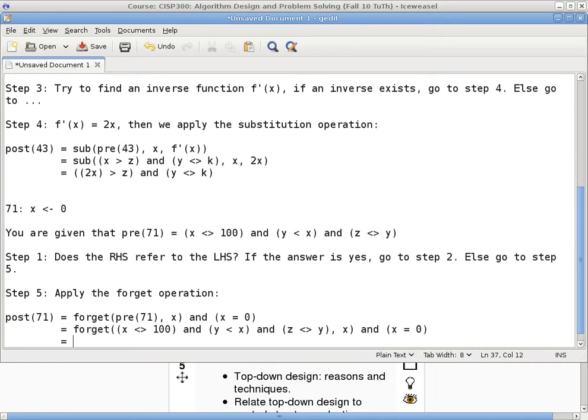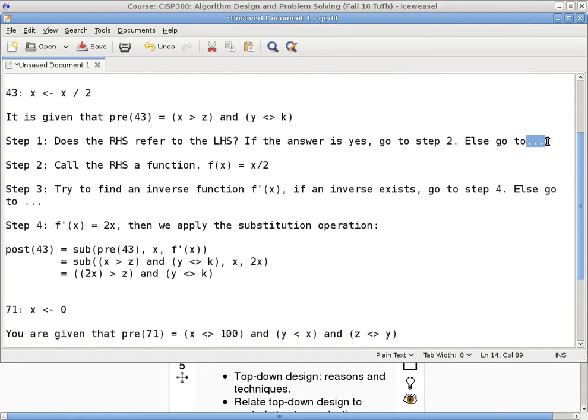And what do you think the precondition will become after the forget operation? This part mentions x, so it cannot be guaranteed anymore. Okay? Well, actually it can, but in this case it's a specific case, and I will show you why, it is also okay not to have forgotten that part too. The second part, y is less than x, can we keep that part? No, because there's no way to tell what x was before other than it is not 100. Can we keep this part? Yeah, we can keep that part. So what we can do now is to keep the part that mentions x, z is different from y, but also add the fact that x equals 0. And that's the solution. So if I want to complete my instructions here, this will be step 5,